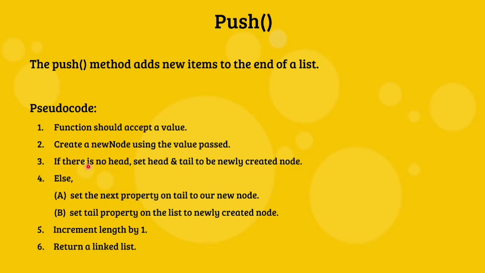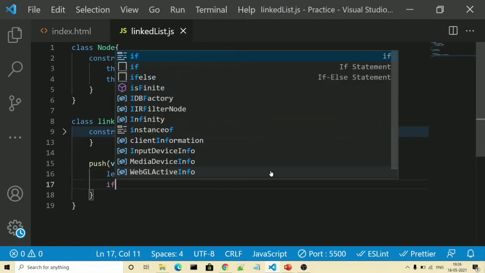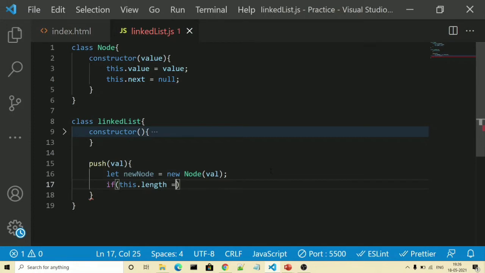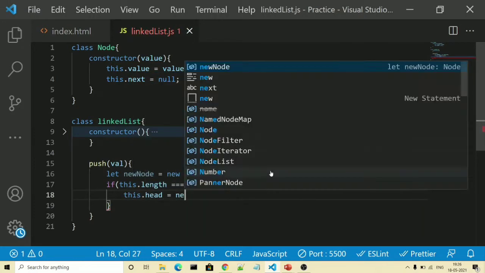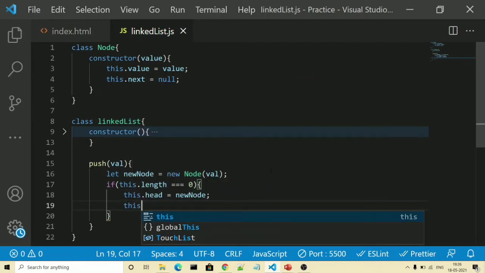Then it is saying if there is no node, set head and tail to be the newly created node. So we will simply check if this dot length is triple equal to 0. Okay. So we will do this dot head is equal to new node, and this dot tail also new node.